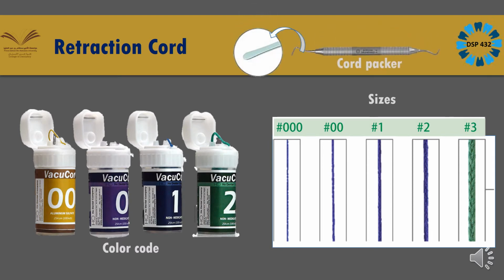And for using these retraction cords, we have a cord packer. This is a small device. The tip is pointed like the plastic instrument which you use for your restoration. This device is the same, only thing is, as you can see in the magnification of this instrument, the tip is a little curved so that it can properly place your retraction cord into the sulcus, because your sulcus is not straight, it has a curvature. As per the curvature of your sulcus, the tip is slightly curved.